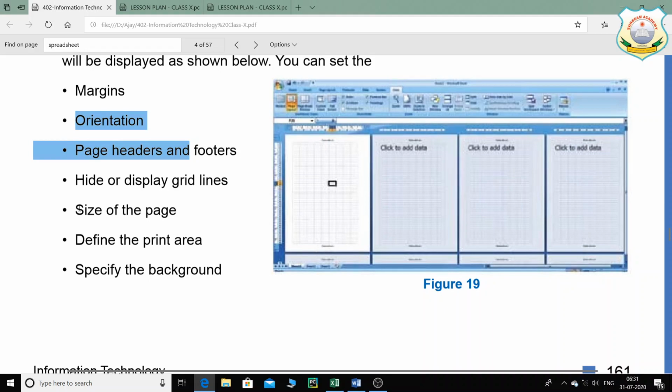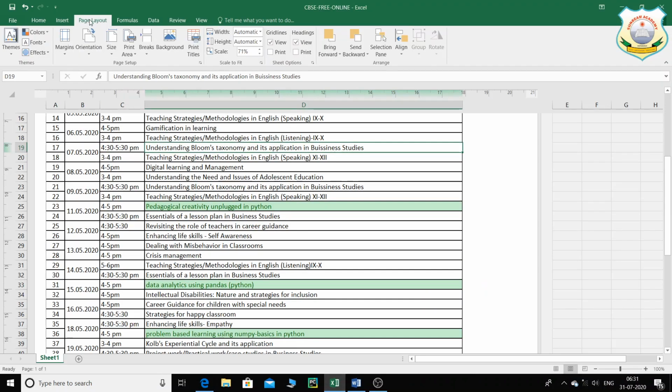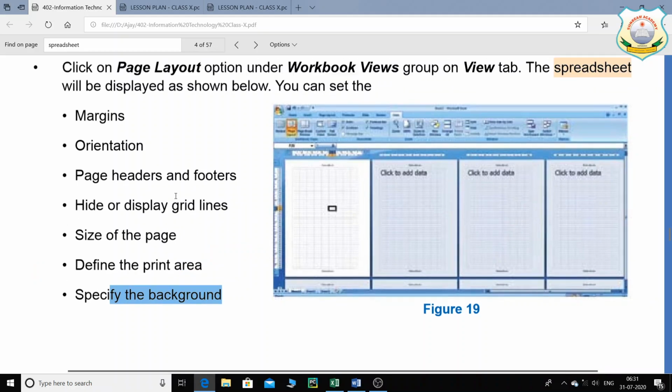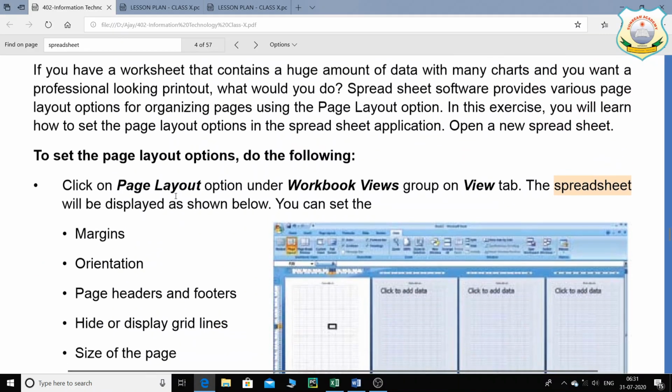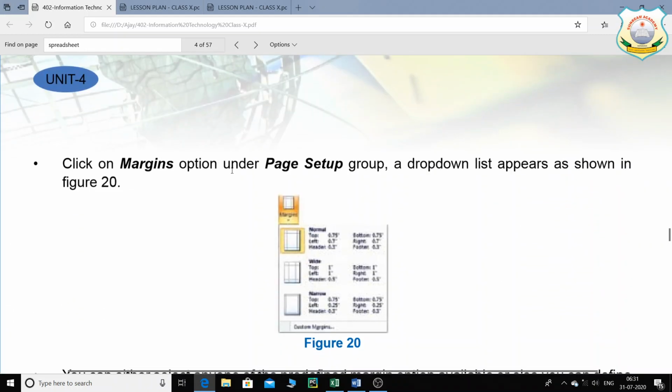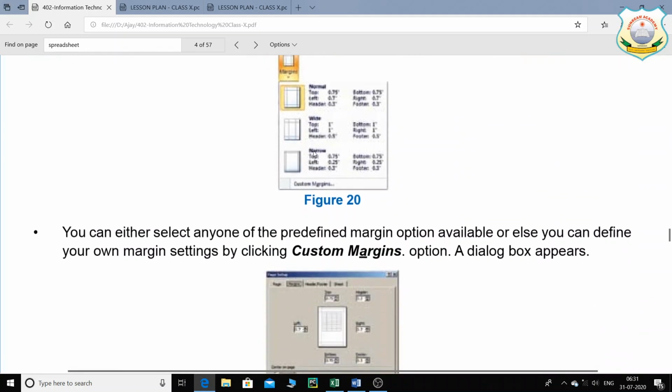So children, these are all the options under the page layout. Defining the print area, specifying the background, just now I told you about this. Fine. So these are the options. Then we click on the margins, and I've shown you this procedure.